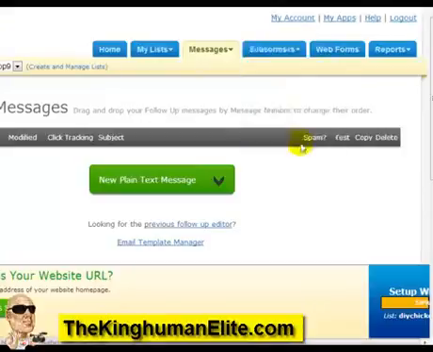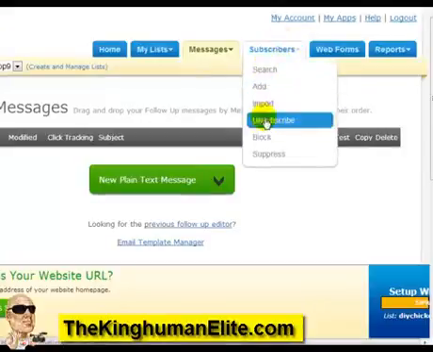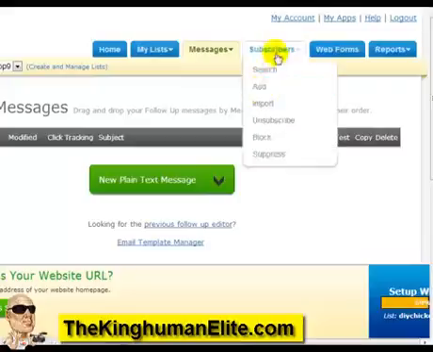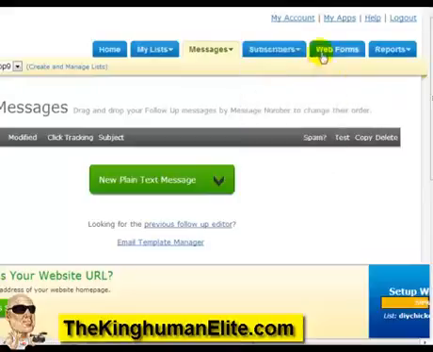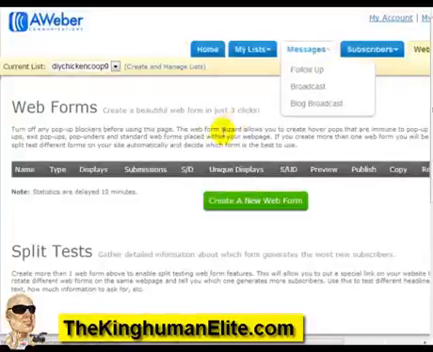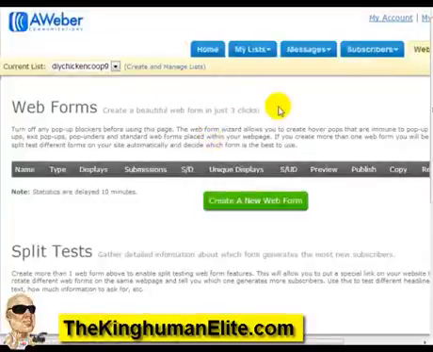Subscribers is basically if you want to see who has subscribed and stuff like that. If you go under web forms, as you can see here, you can create many different web forms for a specific list. So this is a great way to test your web forms to see which one is converting the best and stick with that. If we click on create a new web form,